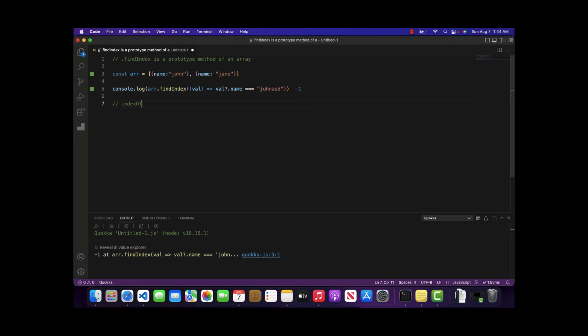Well, there is a difference, and the difference is indexOf is used basically when the array has elements of primitive values like strings, numbers, and booleans. So it can deal with primitive values only, and in case of non-primitive values it will return you an